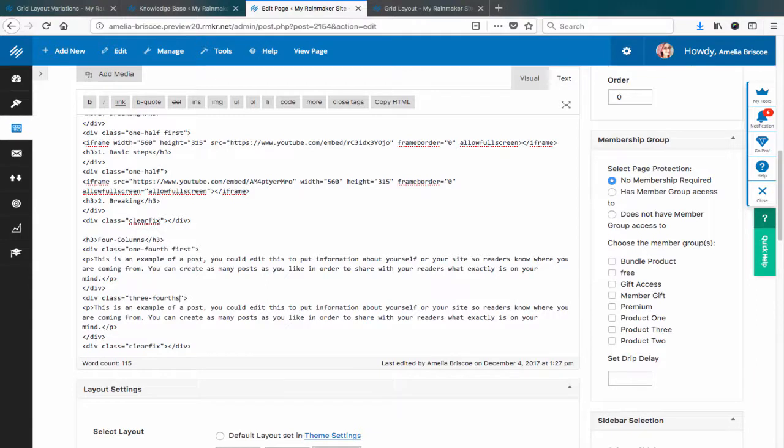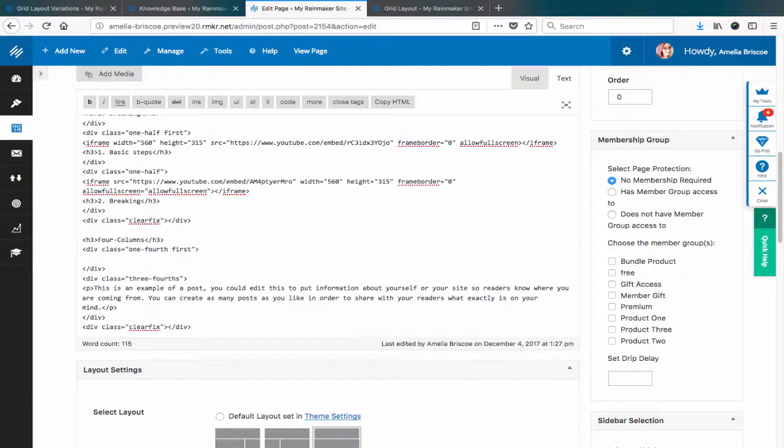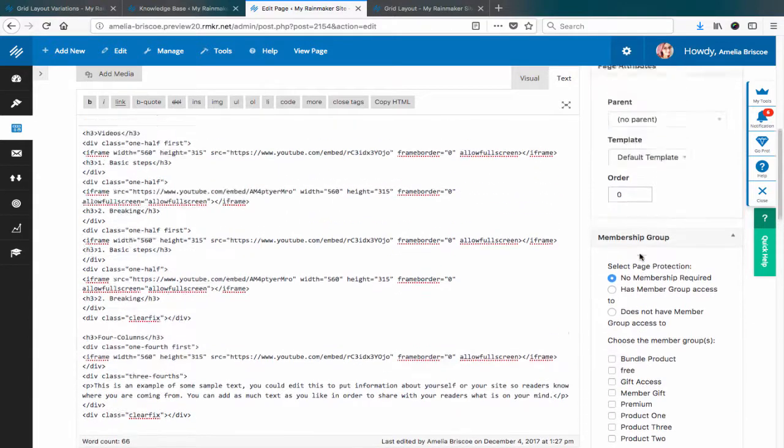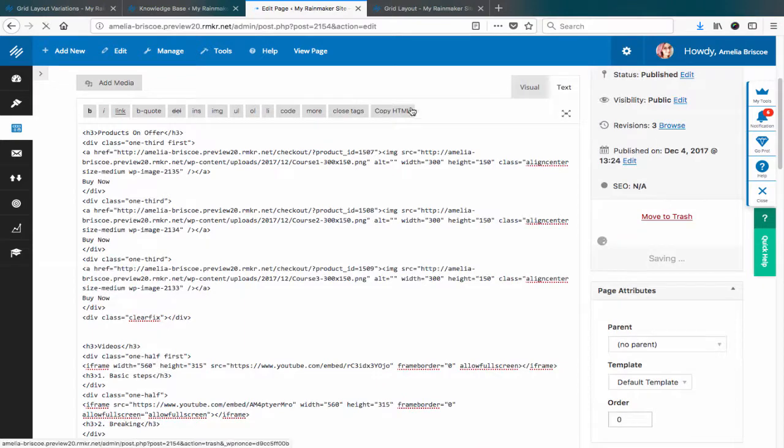And all I'm going to do now is add a video into this one. So replacing the paragraph text with a video, and then I'm going to replace the other column with this text here. So I might just pop it inside the text there. Okay, so we've got two columns there, but one of them is going to be small because it's 1/4, and the other one's going to be 3/4, so it's going to be a little bit larger. So let's click update on that,